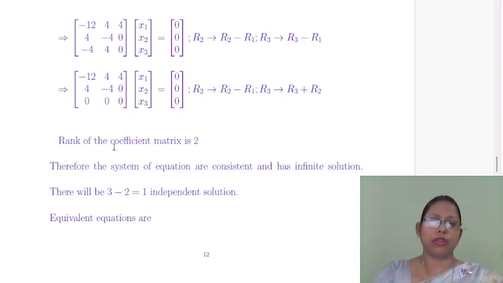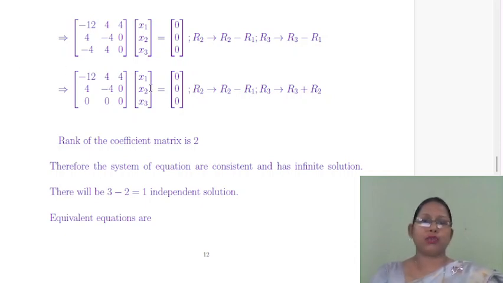That is, the rank of the coefficient matrix is 2. Therefore, the system of equations is consistent and has infinite solutions, and the number of independent solutions is 3 minus 2, that is, number of equations minus rank of the matrix, equal to 1 independent solution. So write this system of equations in equation form, that is, multiply -12 with x1, add up